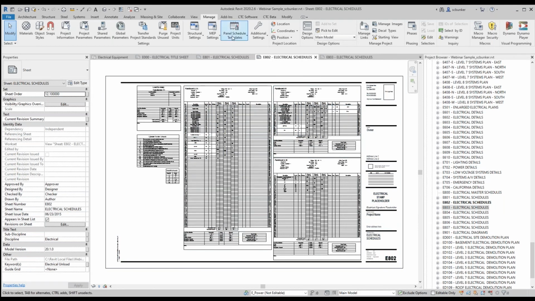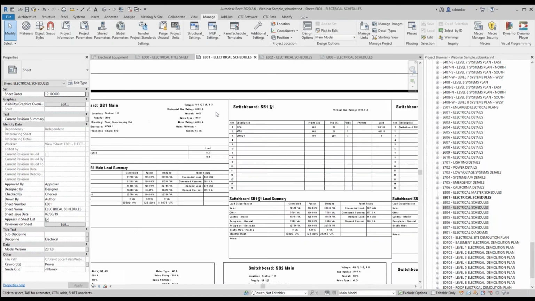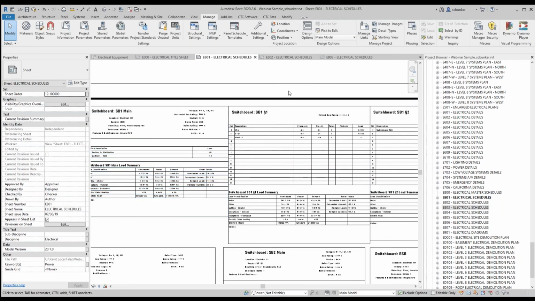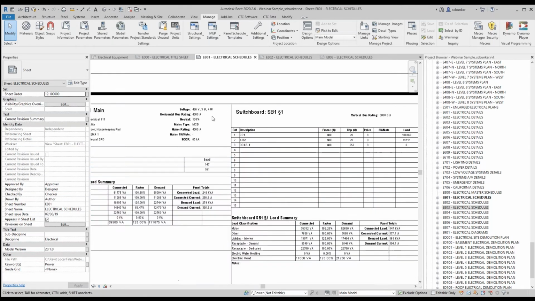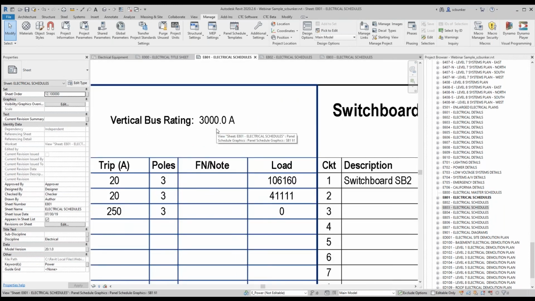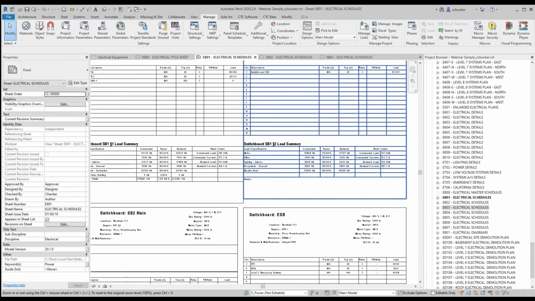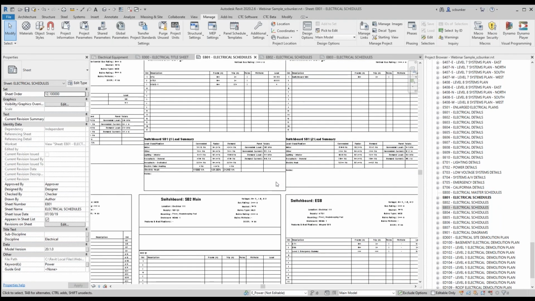So switchboards. We have 3 different ways of showing switchboards, depending on the needs of your project or your personal preferences. One, I'm sure the electrical designers out there will know that horizontal buses and switchboards can have a different amp rating than vertical buses and switchboards. So for example, this switchboard has a 4,000 amp horizontal bus rating, but only 3,000 amp vertical. And if you're in the nitty-gritty of design and not just leaving it to the equipment manufacturer, you might need to justify load on those vertical sections